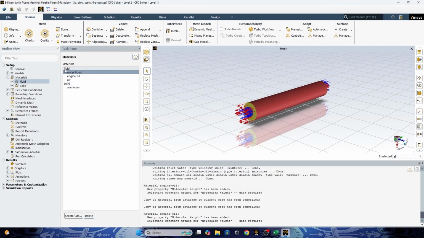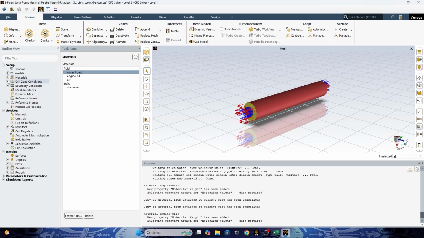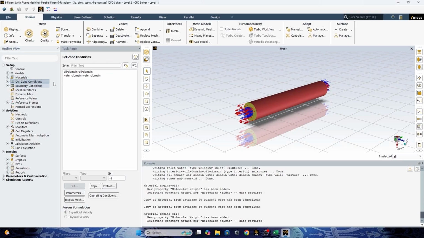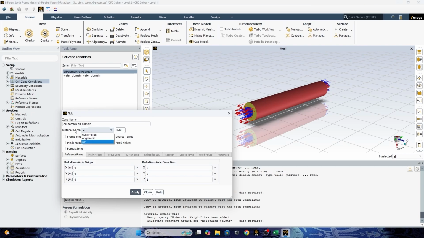Here, okay, we already defined the fluids that we want to use. The next step is to go to the cell zone conditions to define the fluid in your domain. For the oil domain, we will use the engine oil. So you can go here, put the engine oil, and then close.